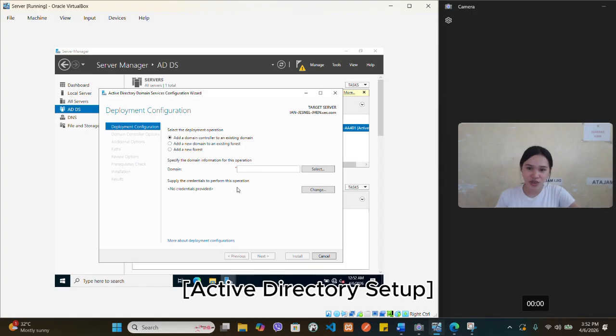In order to promote the server, we need to create a new forest or a new domain. So we have to choose add a new forest, and in here we have to select our domain name. So I'm just going to put csc.com, so that will be my domain name. So next,